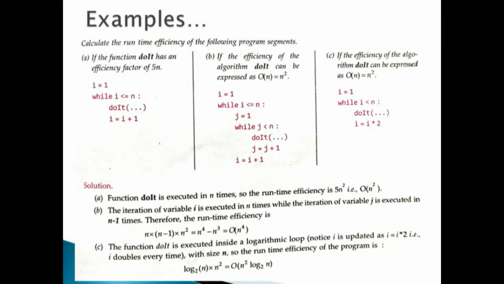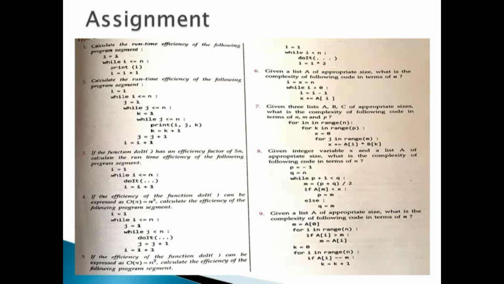I think you are clear with it. Great. Now this is the assignment for you. This is taken from the book. So you can calculate the complexity of these program codes by yourself depending upon the points that you have learned. These are simple 5 points. First one is for single loop, another is for double nested loop. Third one is for consecutive statements. Fourth one was for if else if statement, and the last one was for logarithmic complexity. So if you are aware of all those 5 points, you can calculate the complexity of these questions very easily.